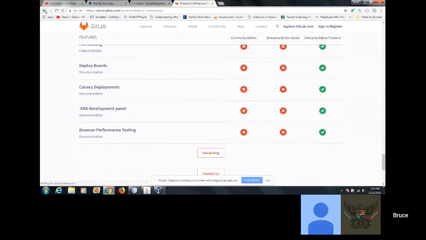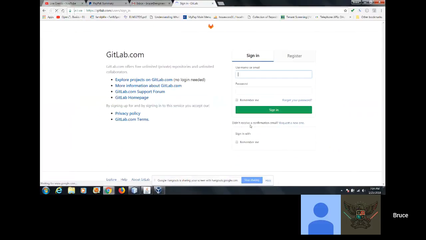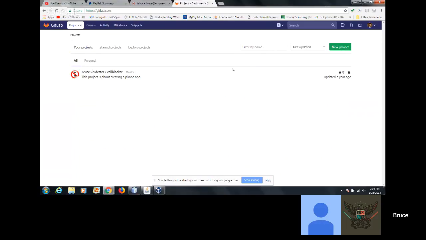Looking for Subversion. I'm pretty sure GitLab supports Subversion as well. Let me sign in and see. It does not have to be this place to get it; it's just one option. This is basically a free hosting service. I started a project here, actually an Android project, and I called it Call Blocker. I do not like phone call telemarketers, and I thought for sure I was going to develop something to help do that. But let's see.